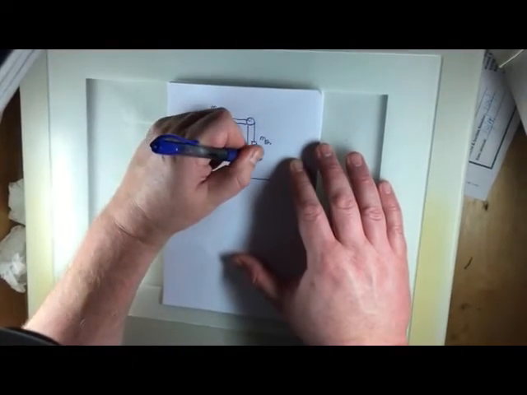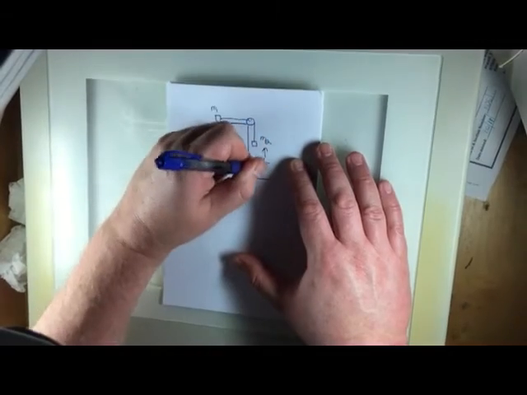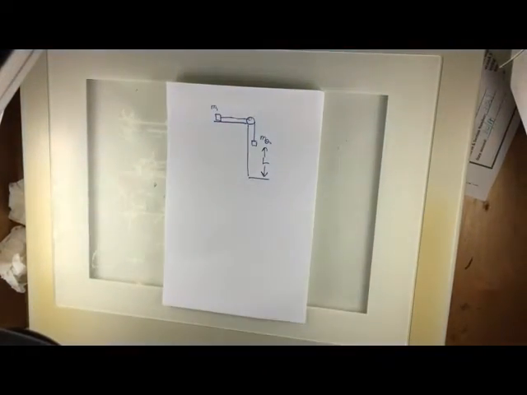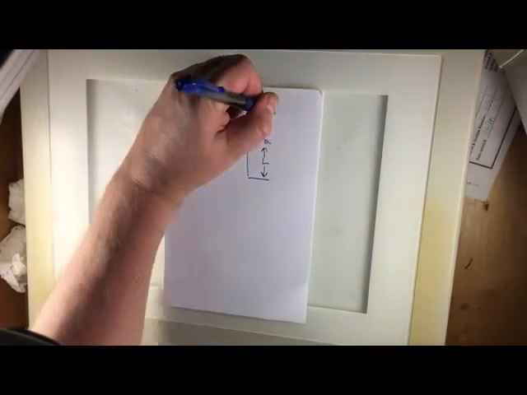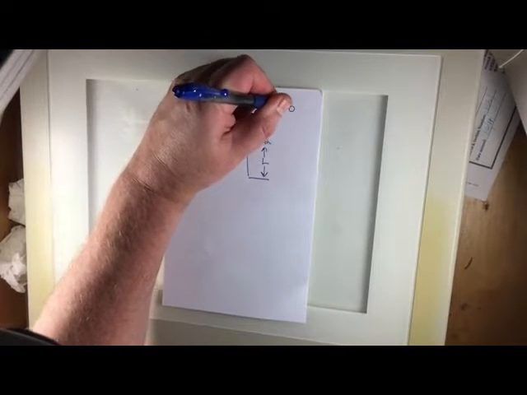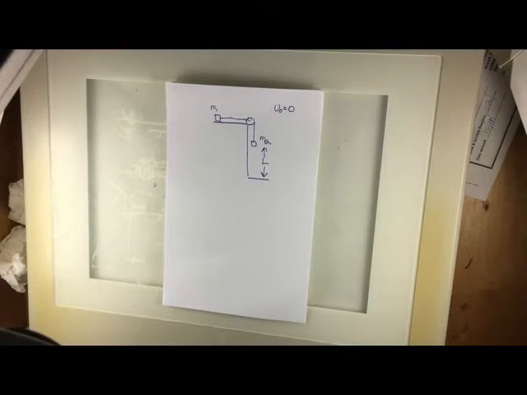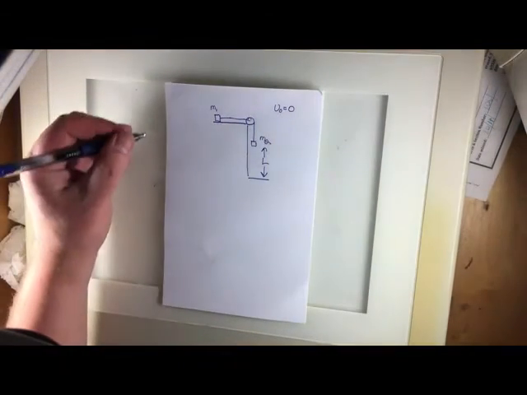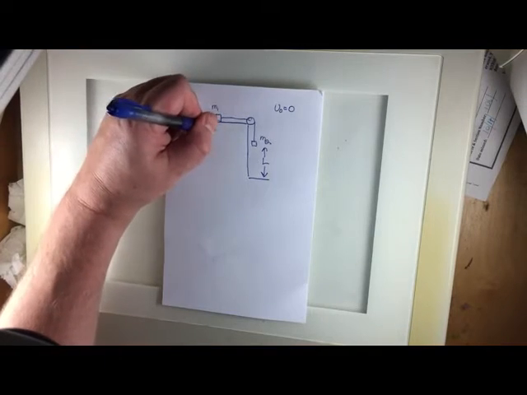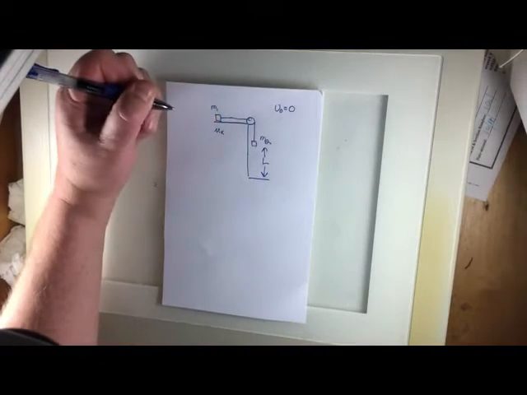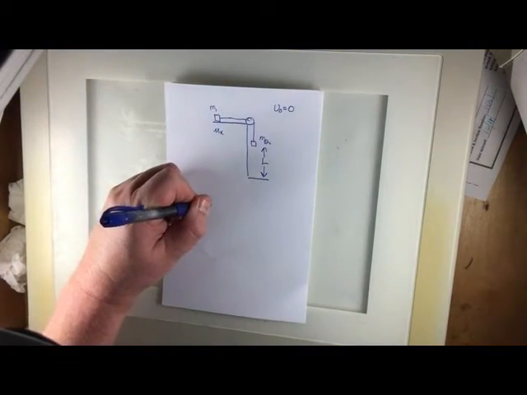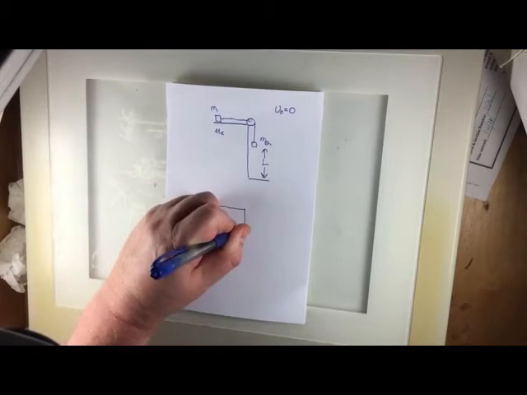I'm not going to get cute or anything with slopes. So initially this thing is at rest. It's initially at rest. There is friction, and when it ends its motion,